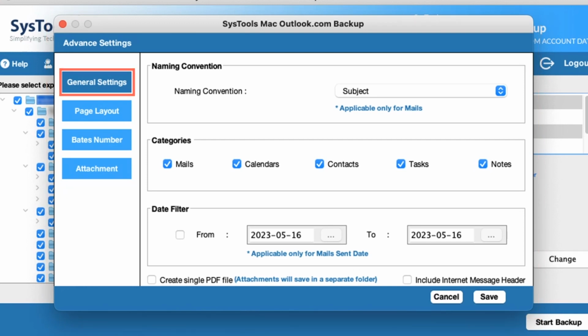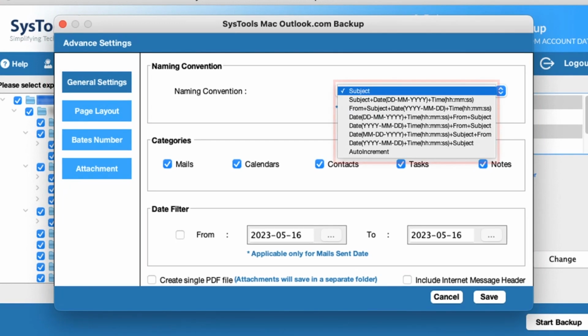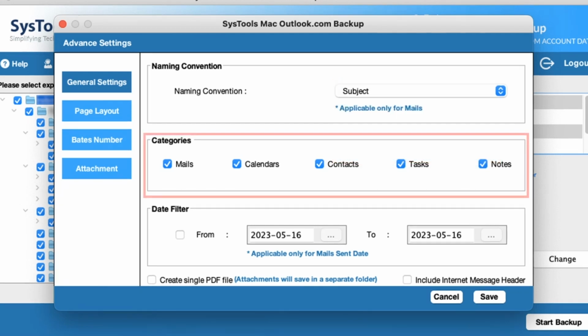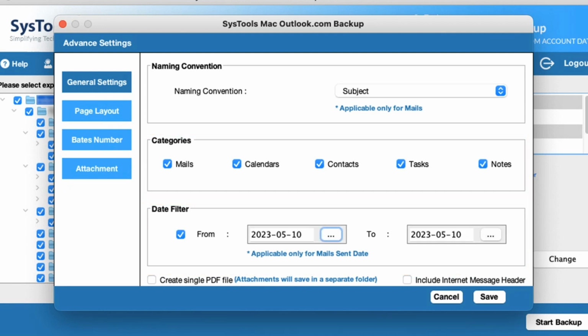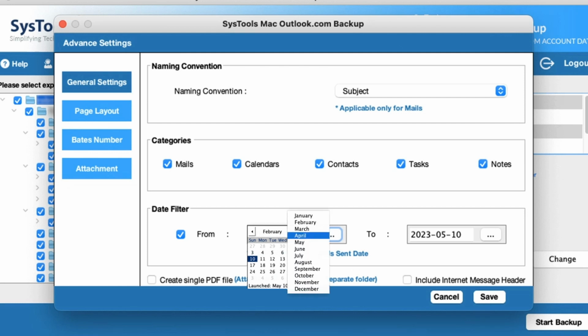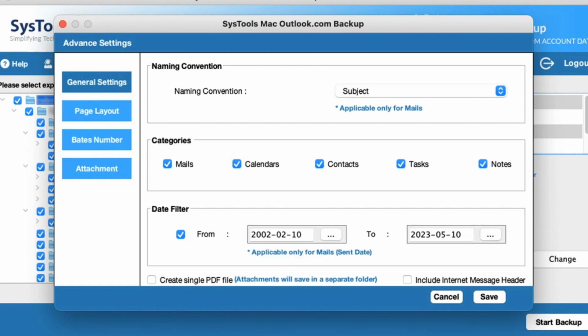General Settings. Naming convention: this option saves the emails with the required names accordingly. Categories: select the category items which you want to export. Date filters: you can apply a date filter to select and export email messages of a specific duration. Make a check mark on Create single PDF file, if you want to save attachments in a separate folder. Including Internet Message Header: if you want to save the header of the email in a separate folder, then select